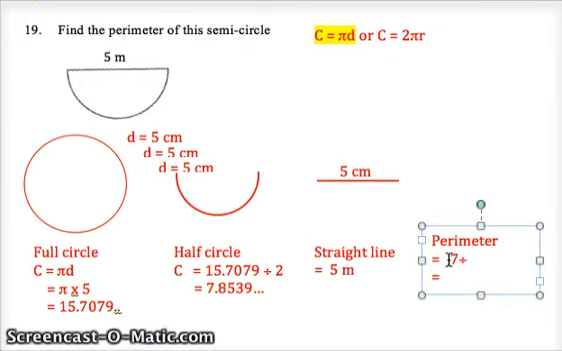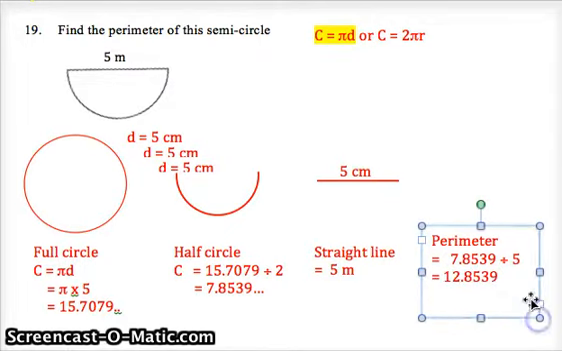So the perimeter is 7.8539 plus 5 meters. And then you can add those together on your calculator. So we get 7.8539 plus 5, so we get 12.8539 meters. Now we need to round that. I'm just going to round it to 2 decimal places again. So it equals,